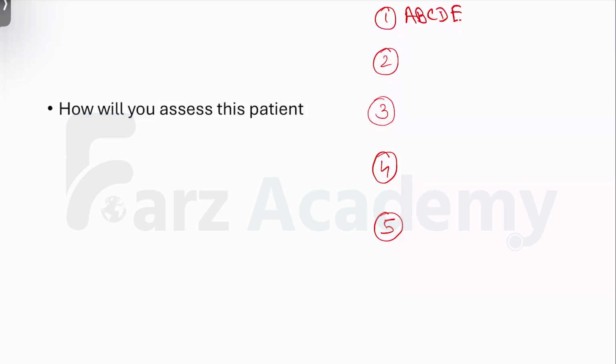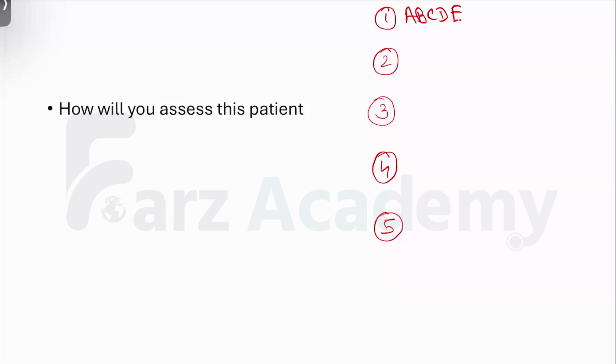So here for airway, you shall see whether there is an obstruction from bleeding or any tracheal injury. Then breathing, you should see the respiratory rate, the respiratory pattern, and you should also do a bedside POCUS to rule out any pneumothorax or any obvious large collections. Then circulation, apart from the pulse and blood pressure, you shall be doing a volume assessment, and in the POCUS you shall check for any cardiac tamponade and the basic ejection fraction.